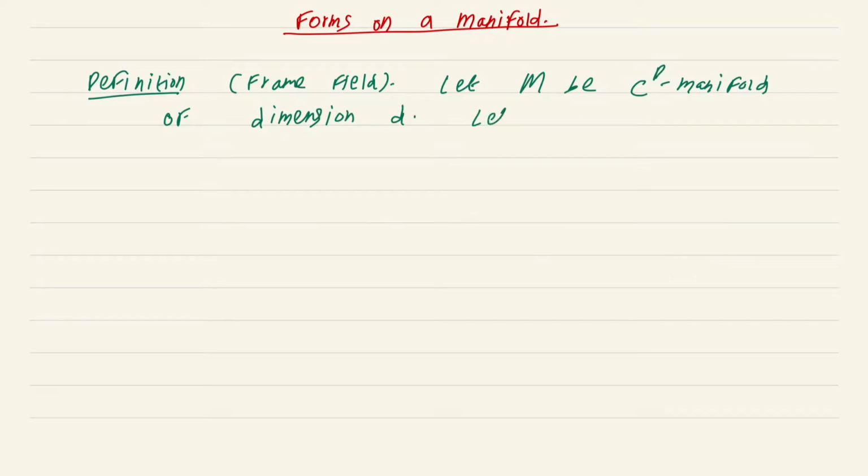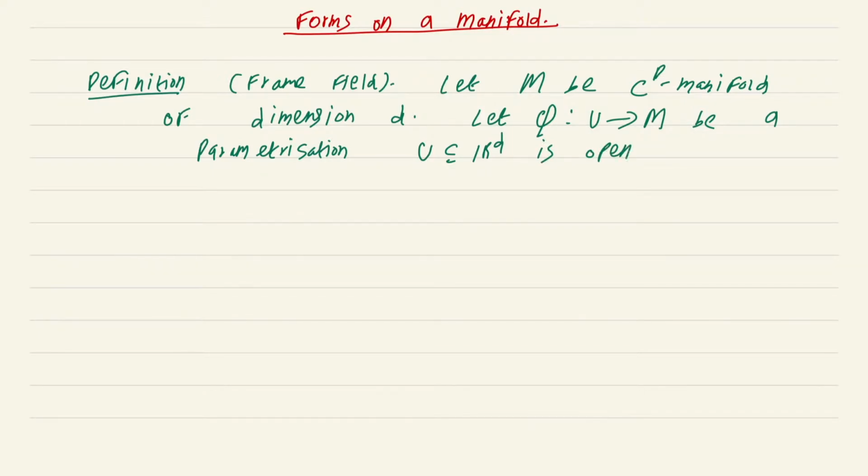Let phi from U to M be a parametrization, where of course U, a subset of R^d, is open and phi has all the properties needed and so forth. Now the frame field on phi(U) defined by phi